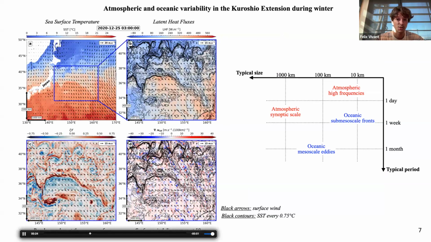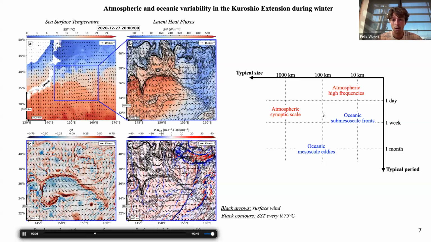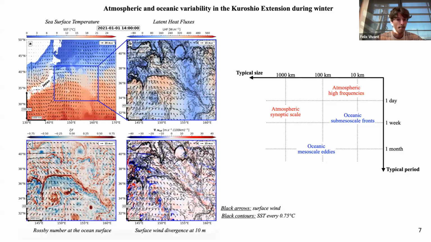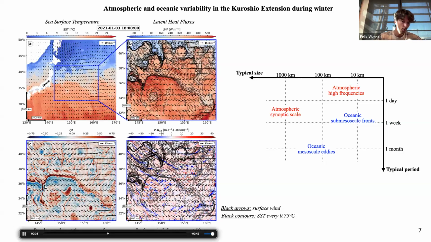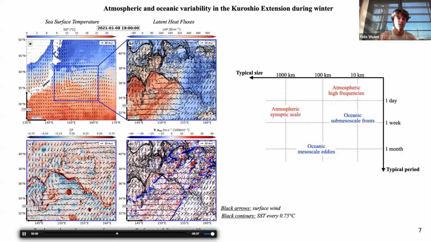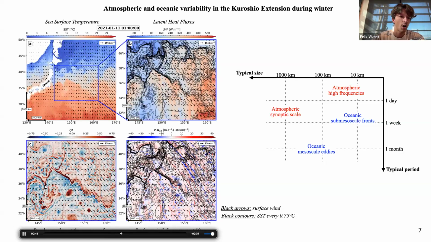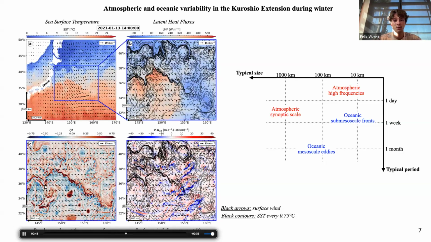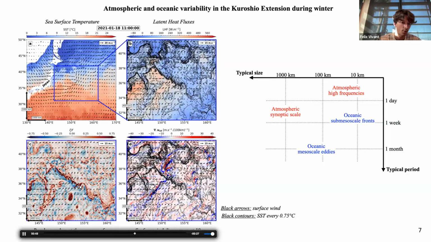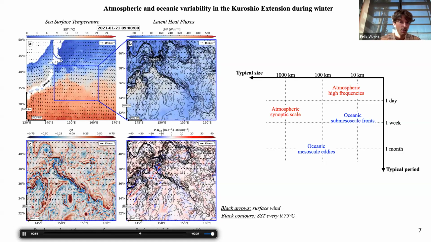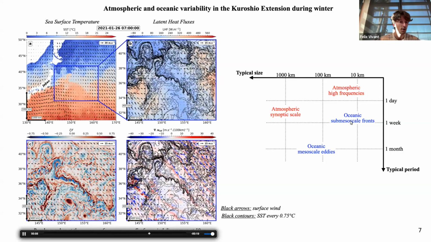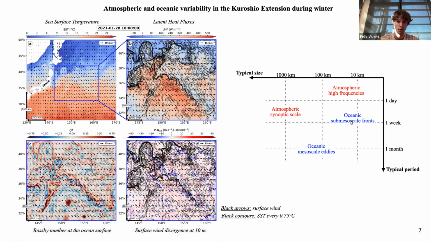So you can see mesoscale eddies with a size of about hundreds of kilometers. They typically persist over a month. On this plot here, it's the Rossby number, defined as the relative vorticity at the ocean surface divided by the Coriolis frequency. It allows us to identify whether we consider submesoscale or not. As we can see, the Rossby number here reaches 1, so it means that we are observing and studying submesoscale fronts. Those submesoscale fronts have a typical size of 10 kilometers and persist over a few days to a week,